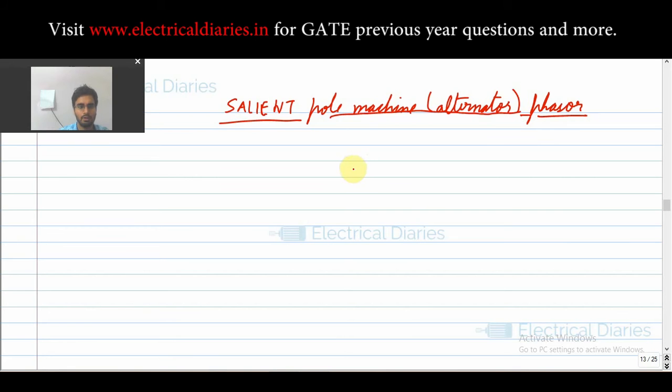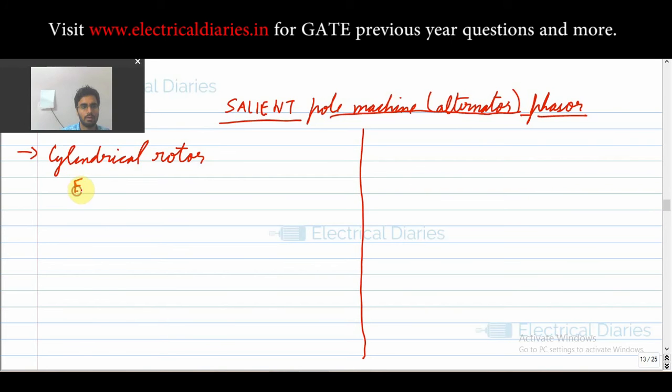So in the video of the equivalent circuit of synchronous machine, I have told you that you have your synchronous reactance and your armature resistance and your EF, that is your excitation voltage, and your terminal voltage Vt. Okay, so for the cylindrical rotor machine, you have your equation like E is equal to Vt plus I into Ra plus jXs. Okay, so this I have discussed. So in the salient pole, what happens is that you cannot take your reactance in such a way.